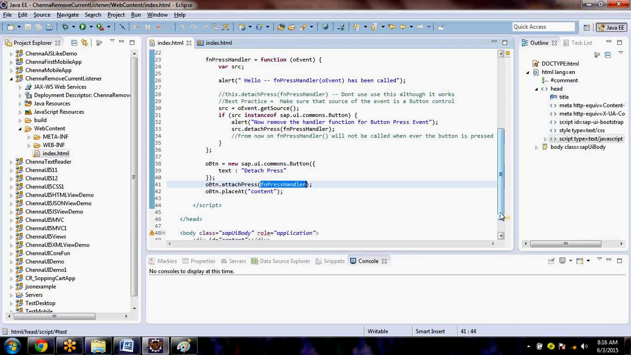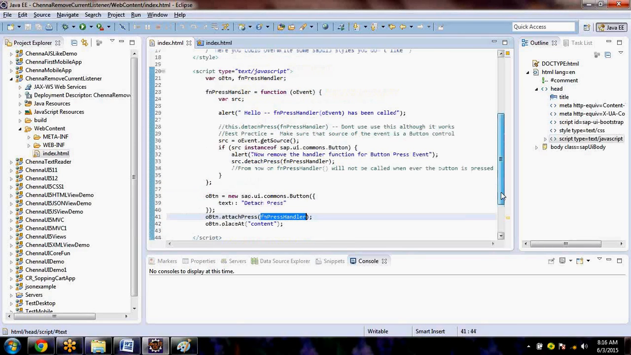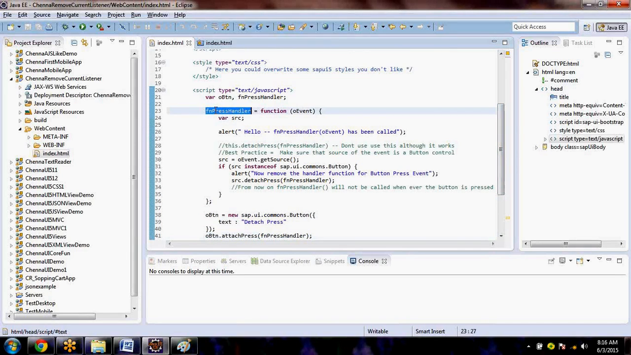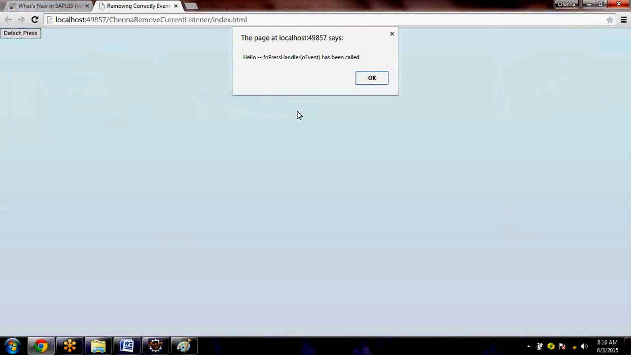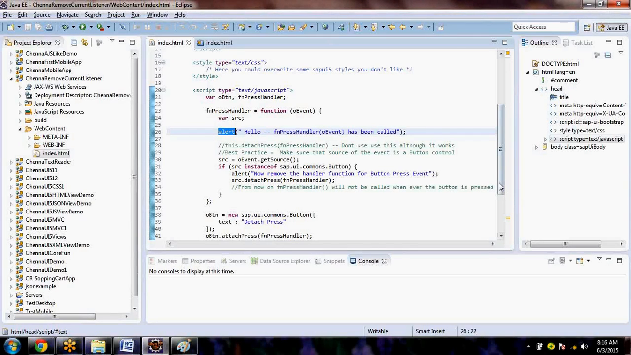What is that function doing? Look here, this function is called. Inside the function, there is an alert. That's why, when I click on this one, the alert is coming. After the alert,